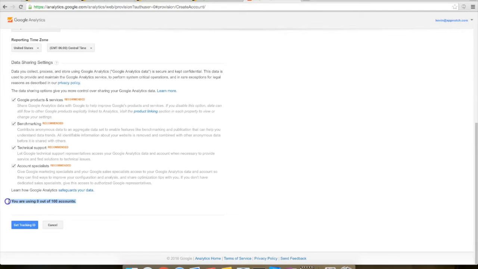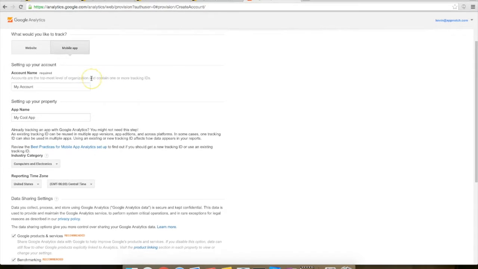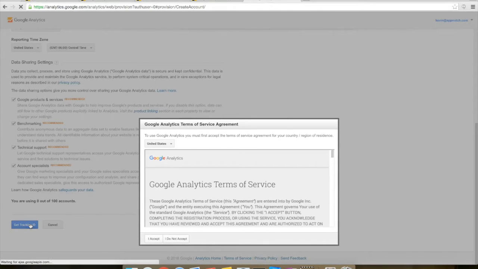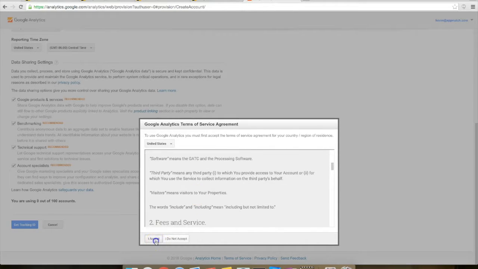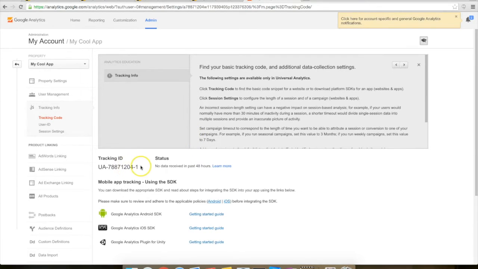Also here at the bottom it says you are using 0 out of 100 accounts. So we're setting up an account but also a property underneath that account. You can have multiple accounts, up to 100, linked together. So then finally we're going to go down here and click Get Tracking ID. Make sure you accept the Terms of Service Agreement, and then it will give you your tracking ID. So what we're going to do here is copy paste this,